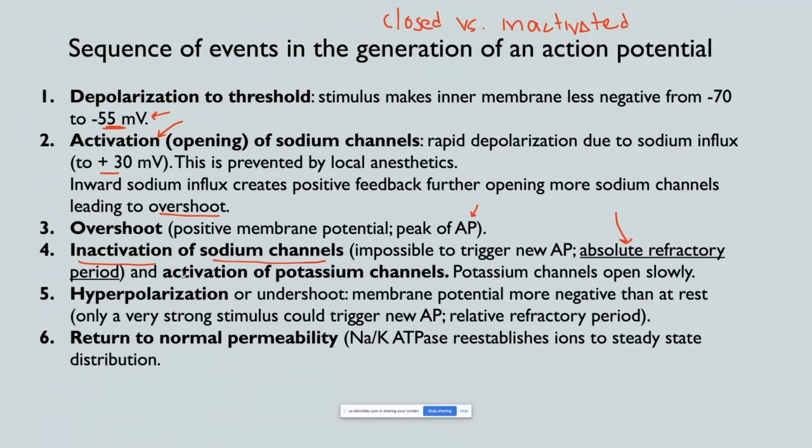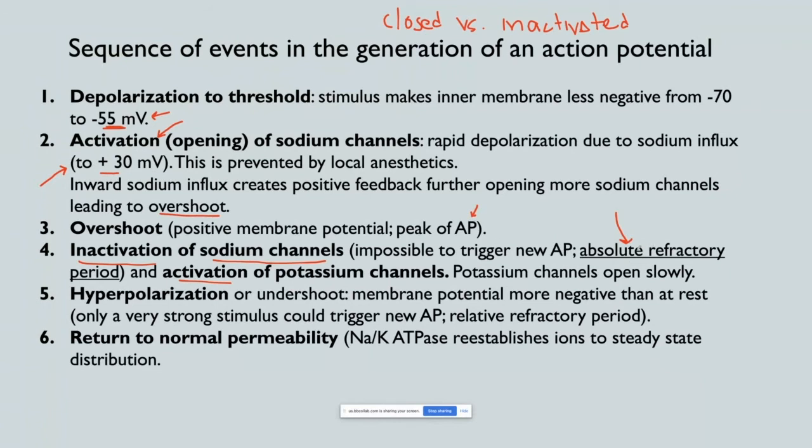At the same time, we are going to have the activation of the potassium channels. Voltage-gated potassium channels open when there is a voltage of plus 30. Potassium channels have a characteristic: they open and close very slowly compared to the sodium channels. At this moment, they are going to be opening slowly, and this will lead to the repolarization of the cell, going from plus 30 to try to reach the baseline resting membrane potential of minus 70.